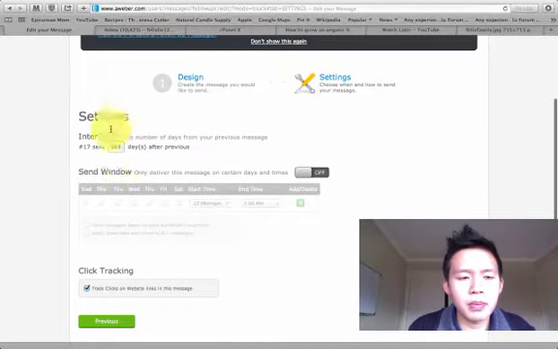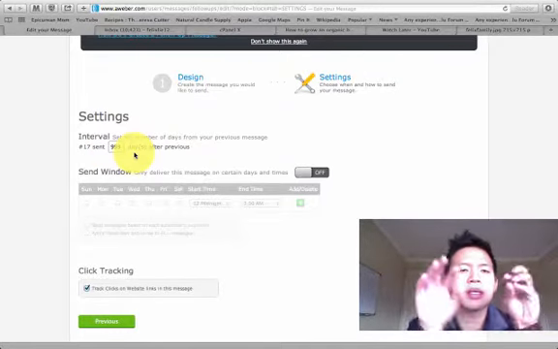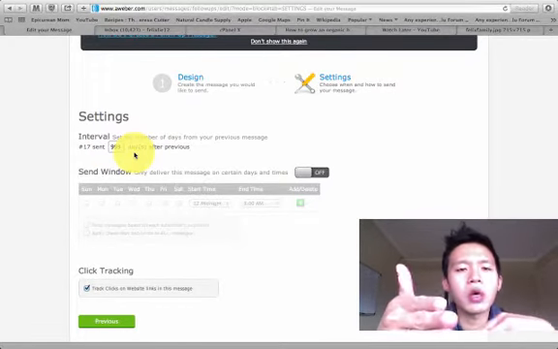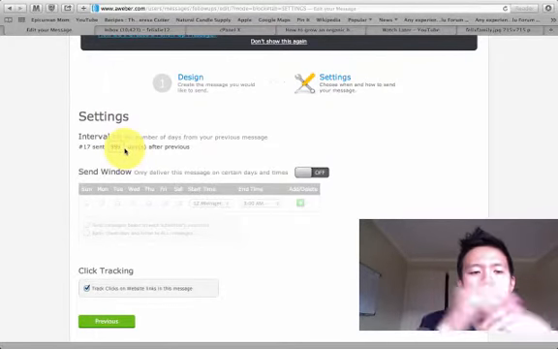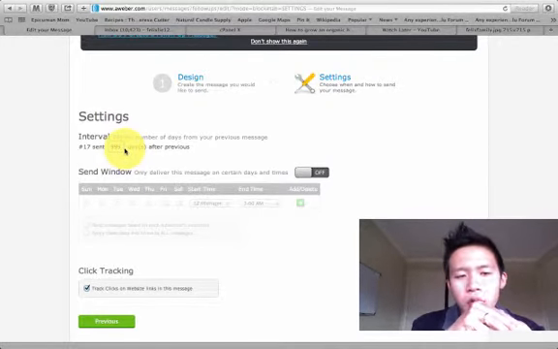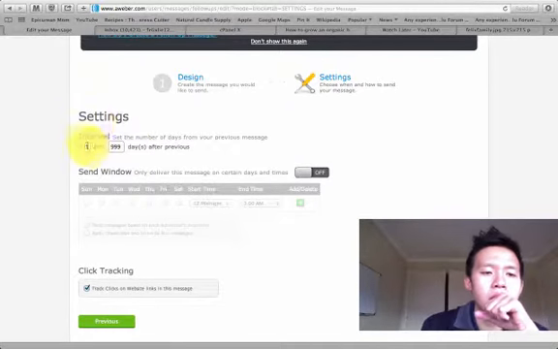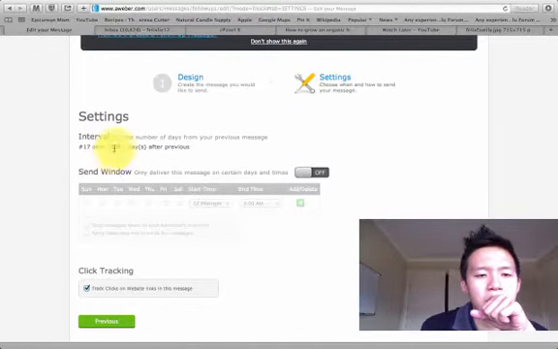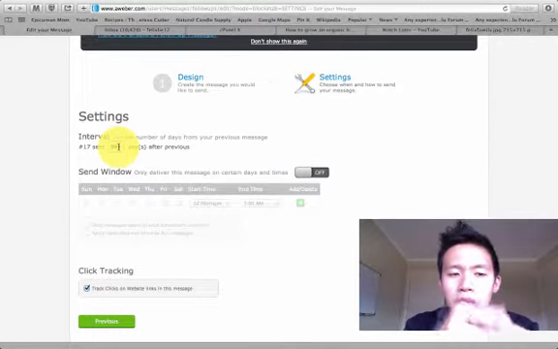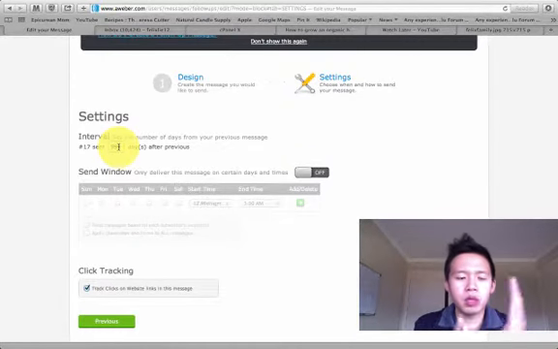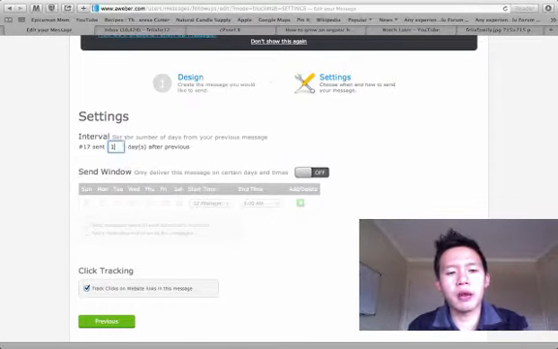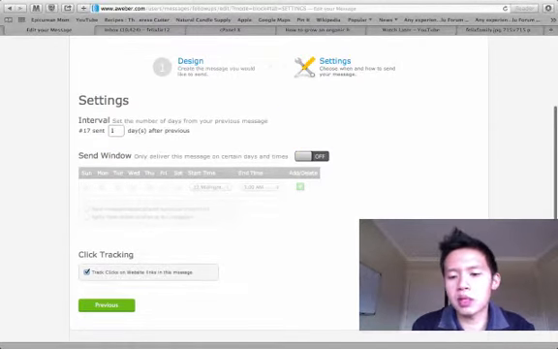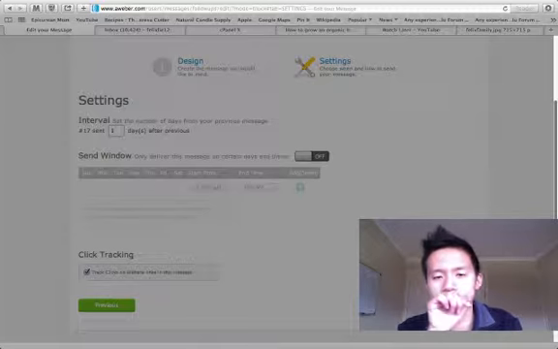Okay, this is one of the most important things here, guys. You see here the default that Aweber has set for the next follow-up email to be sent out is 999 days, which is 1,000 days. You don't want that to happen to your emails, right? So this email number 17 will be sent out how long you want it. What is the interval that you want between the previous email and this email? So say if I put 1 day after the previous, if I click save and exit,